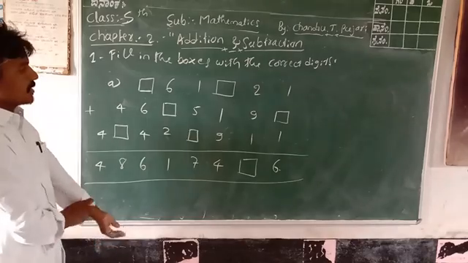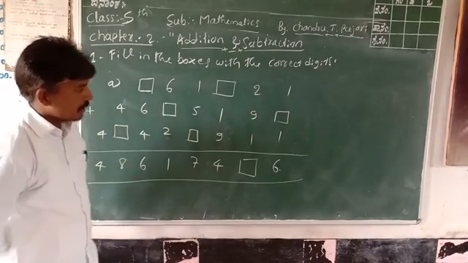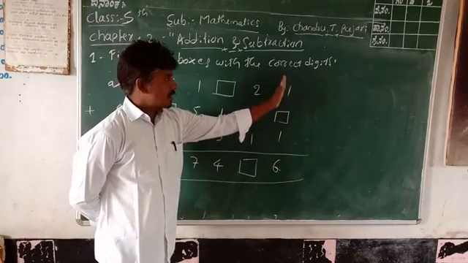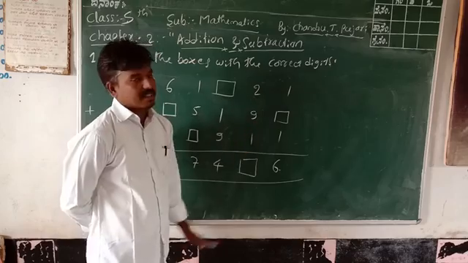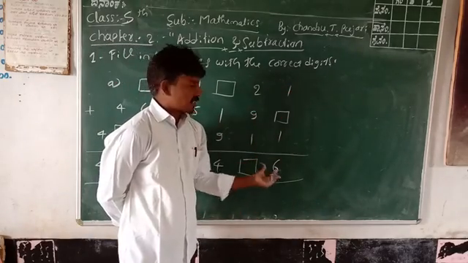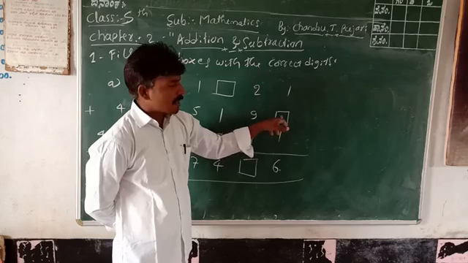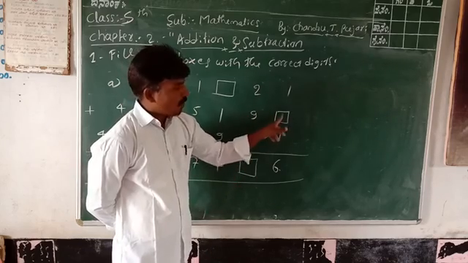The first question is addition; this example is addition. First of all, the addition rule: start with the unit place, the second one is the 10 place. This line is in your unit place. Addition of these two gives 6. Therefore, the first number is 1. The next box, we don't know. You fill in the box.